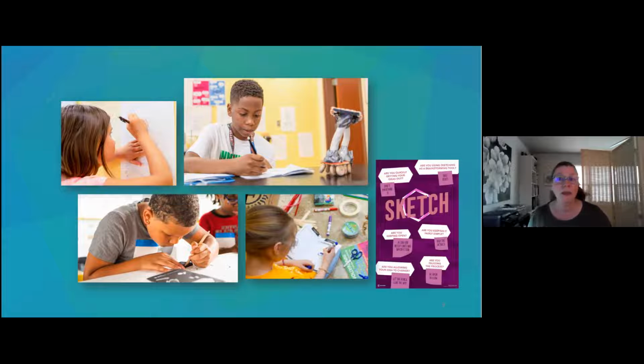And so as you're coming up with these ideas, we want to talk about sketching a little bit, because if you're in the classroom and you're going through the design thinking process, and students might already know they're going to be working with materials for prototypes, that's the first thing they want to do, right? They want to get their hands on them, which is great because they're excited, but we kind of want to slow the process down just a bit and really get them thinking about what their innovation is going to look like. What kind of materials might they need to build that prototype? Is the prototype something that they can build, or is it technology and it's two-dimensional? And even if it's that as well, they still need to get their ideas visible